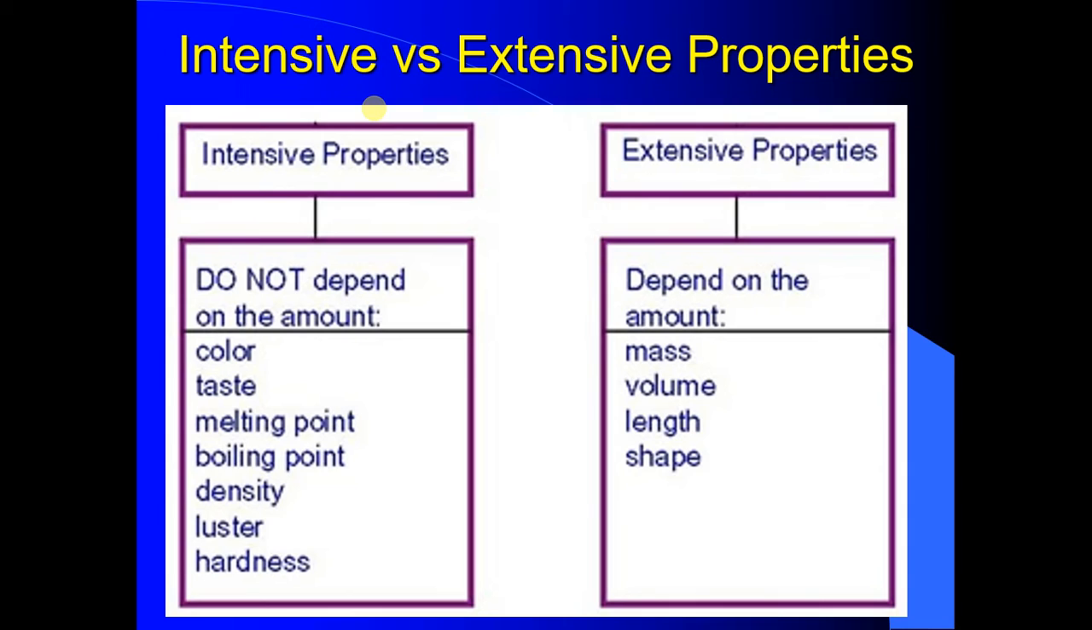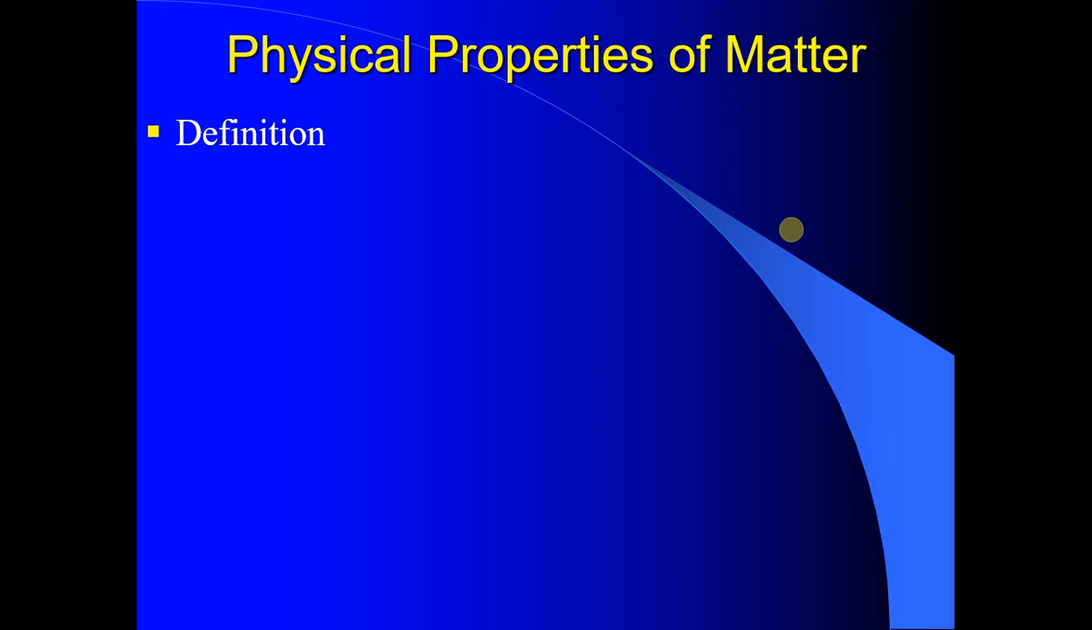Okay, so both chemical and physical properties can be in these categories. Intensive and extensive just has to do with, does it depend on the amount of substance or is it independent of the amount of substance? Right. Physical properties of matter